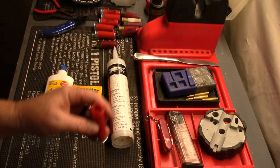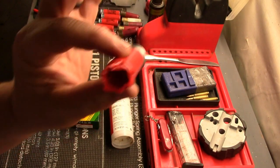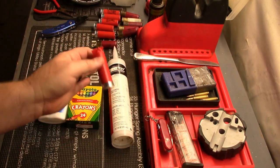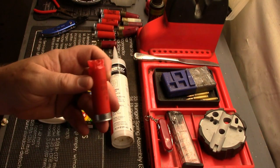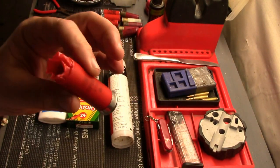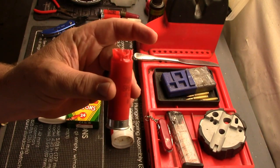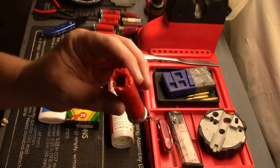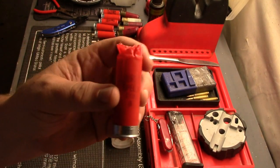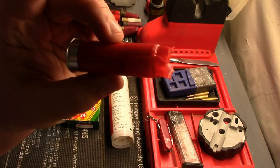So here's why to make wax slugs out of low brass. This is very inexpensive compared to the double-aught buck or slug. So this is a whole lot easier to find, less expensive, and you can make wax slugs with it. Now the damage that you will get with a wax slug is tremendous, and you don't have to